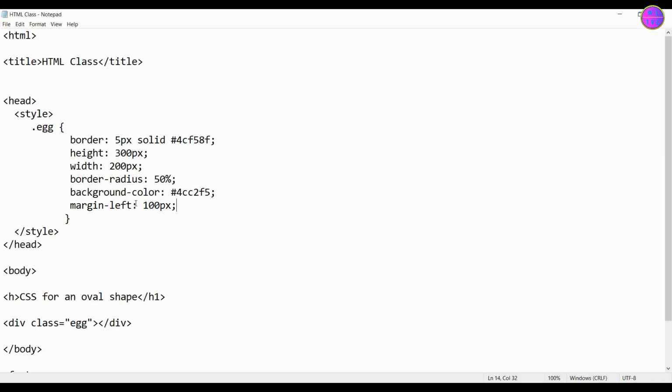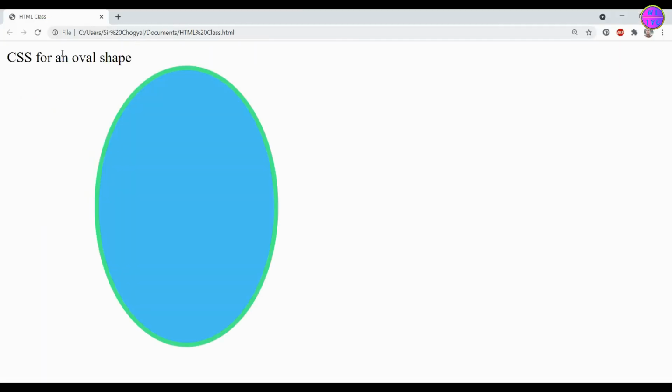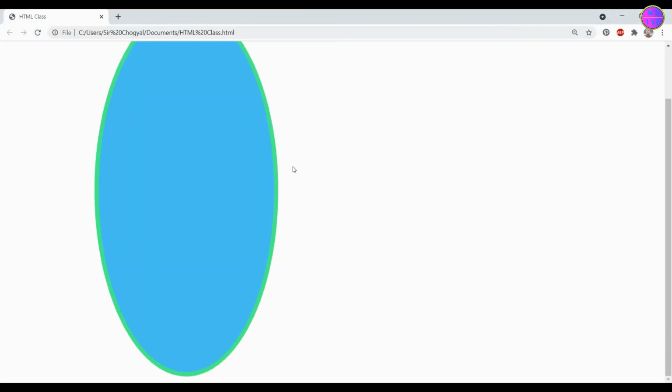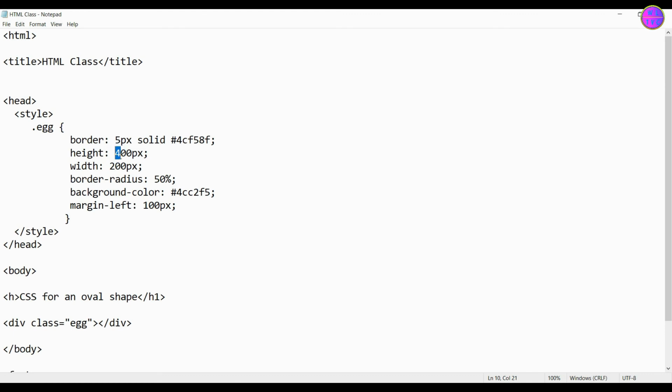To make your oval shape more vertical, you can increase the height here. Let me keep 300 pixels because it looks much better.